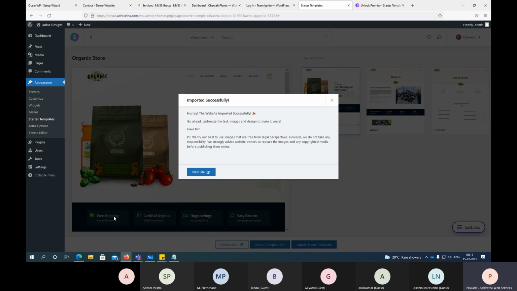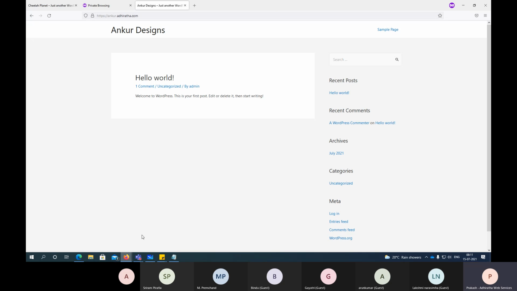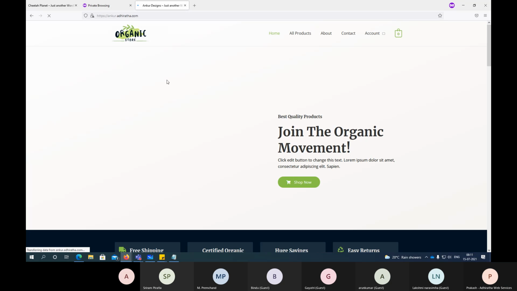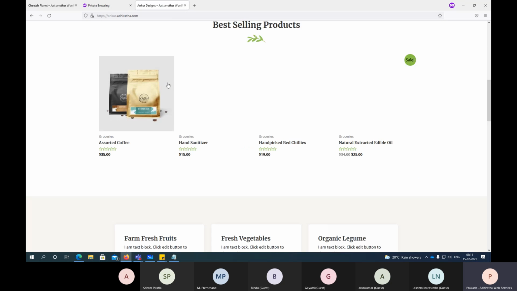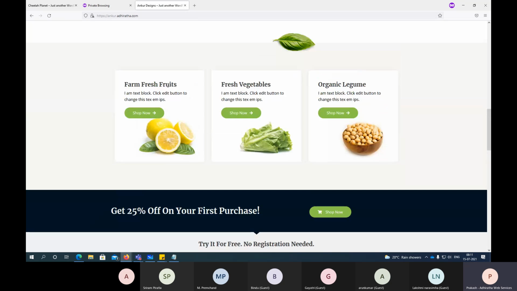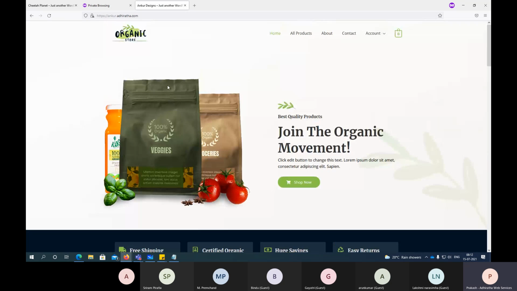Wow. So the Astra theme worked without any issues. I think with OceanWP, there was an issue, or maybe from our server side, we're not sure. But see, it is done. Now, when a customer opens your website, your website is done, ready. Fine. Now, see, all your items are showing up there.